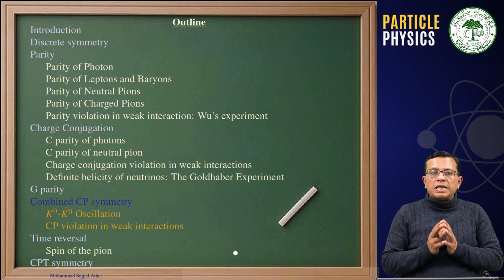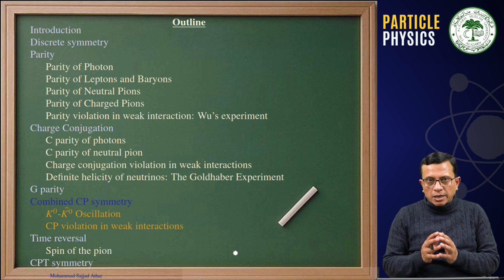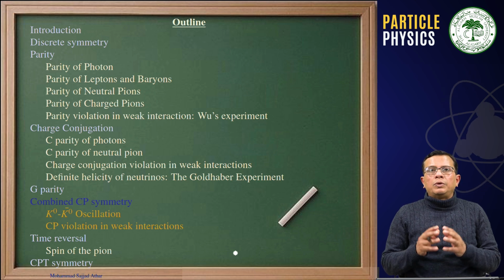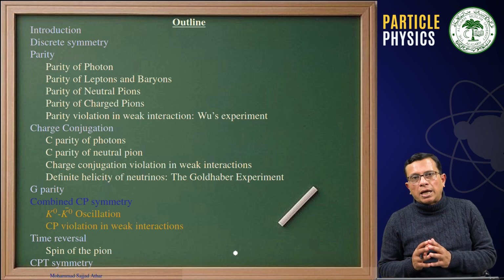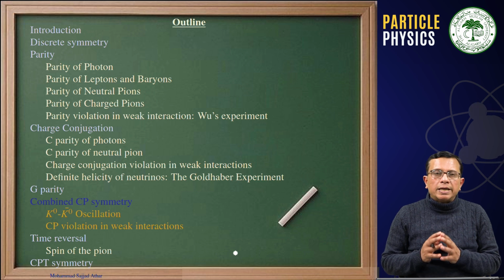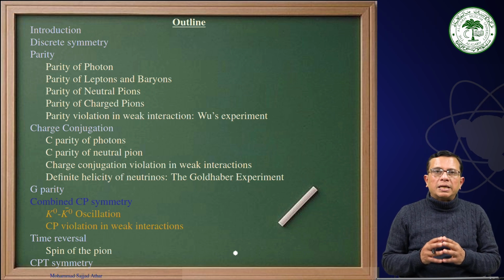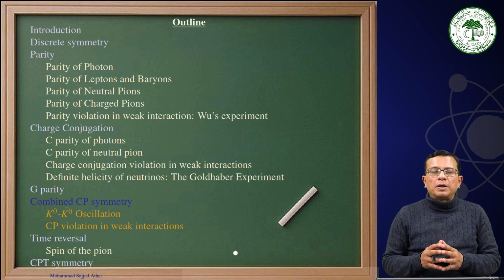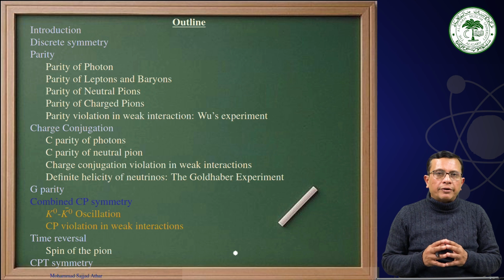Now, CP is a conservation law which holds good in the case of strong interaction as well as in electromagnetic interaction processes, while it gets violated in the weak interaction process. But we will start with a simple example which is interesting, and then we will talk in the next class about the kaon regeneration